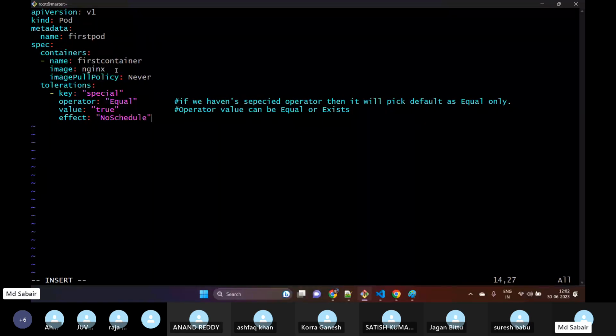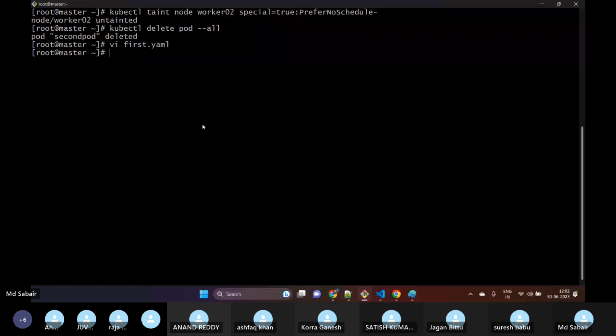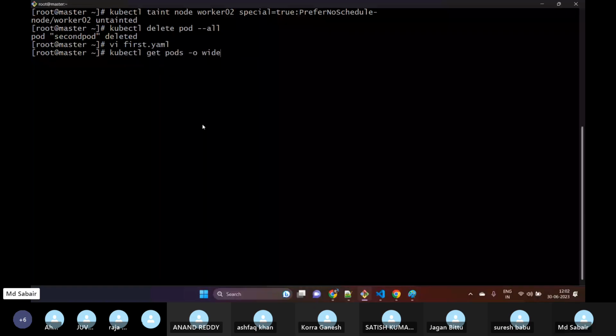Now, here you see the operator is equal. Suppose we haven't specified the operator. It is not mandatory, but if we don't pass it, it will by default pick equal. We can use only two values: the operator can be Equal or Exists. Let me save this. Now if I execute my YAML file, this time it will work on node 01. Apply, and if I check the pods,